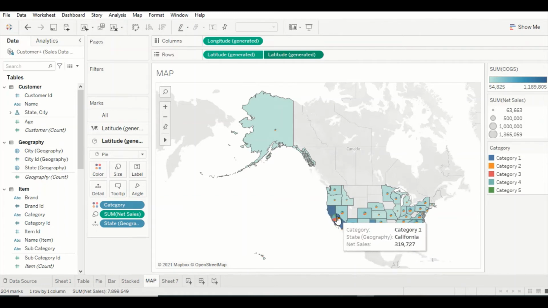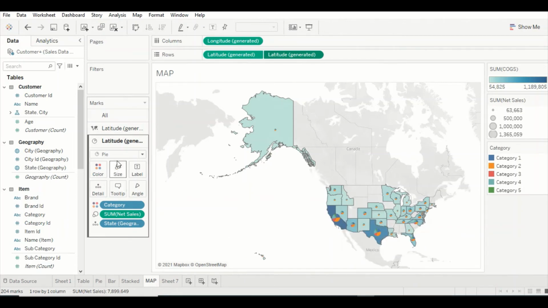The bigger the size, the bigger the gross, and then there is a split, which is telling us what percentage of the net sales is contributed by each category. So we are seeing category, we are seeing the state, and then we see the state color. We know this is a big state because of the color, and inside the big state, definitely the pie needs to be bigger. But we can actually have the color on something else if we'd like.